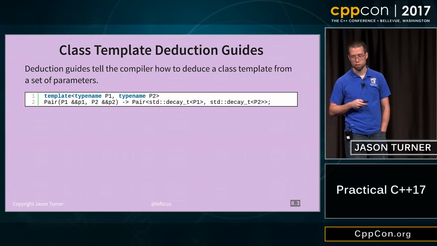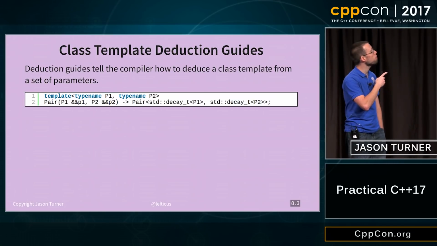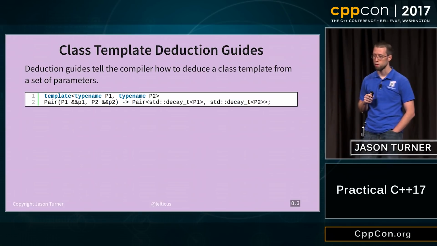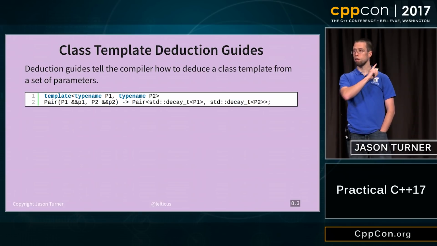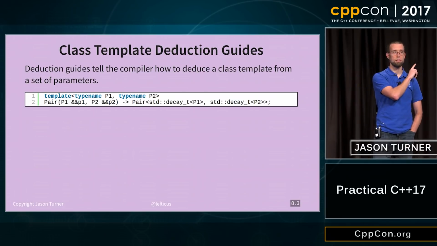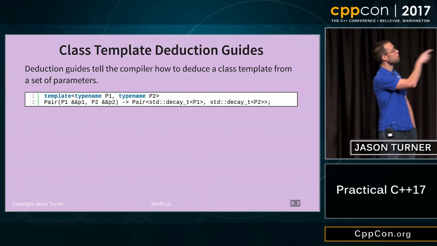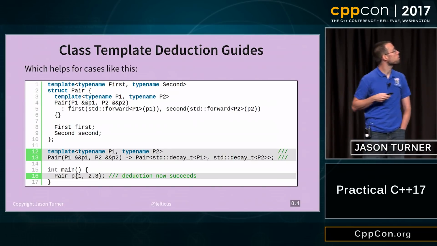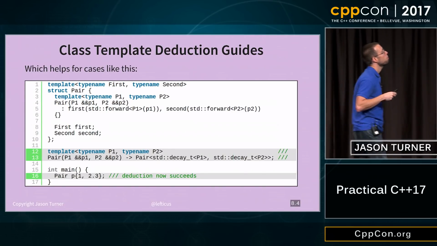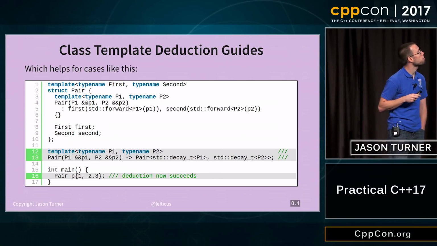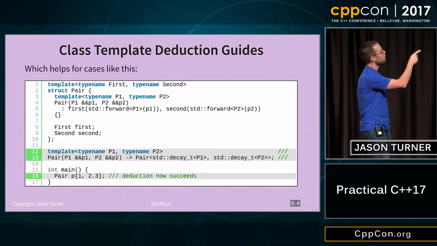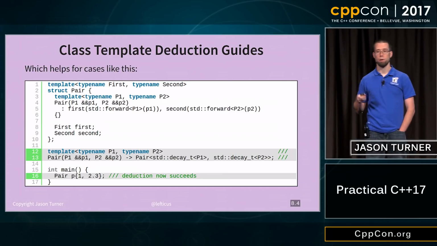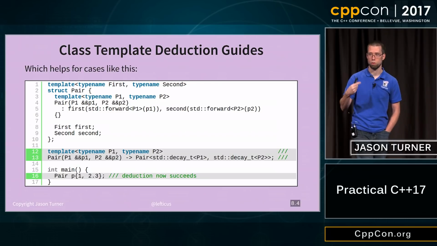So then deduction guides are also added. They look kind of like this. And again, it's supposed to be a pretty high level thing. We're just saying if we're using forwarding references in our constructor, then we can tell the compiler what we mean by that. So for a more practical example, we have updated our pair so that it takes its two parameters by forwarding reference. And then we have our deduction guide on lines 12 and 13 that tells the compiler to decay those types so that it knows what we actually mean.